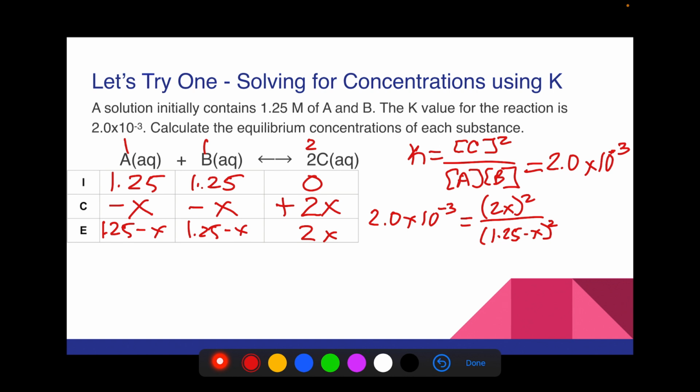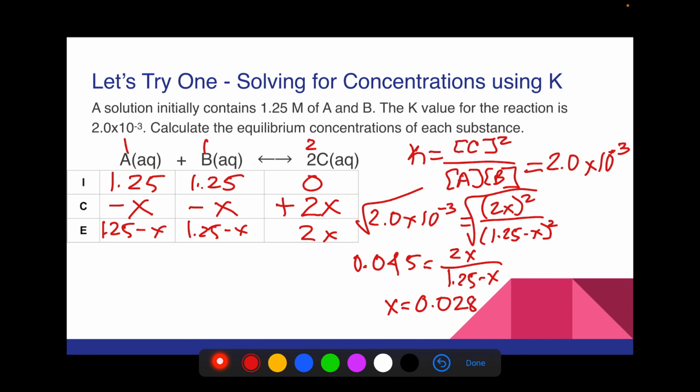This looks complicated to solve, but you'll notice that I can actually just take the square root of both sides here. So taking the square root of the k value, I get 0.045. And then since I'm taking the square root of two things that are each squared, that will be 2x over 1.25 minus x. From here, it's just some algebraic manipulation, which I'm not going to show all of. And so doing this algebra, you should get x equals